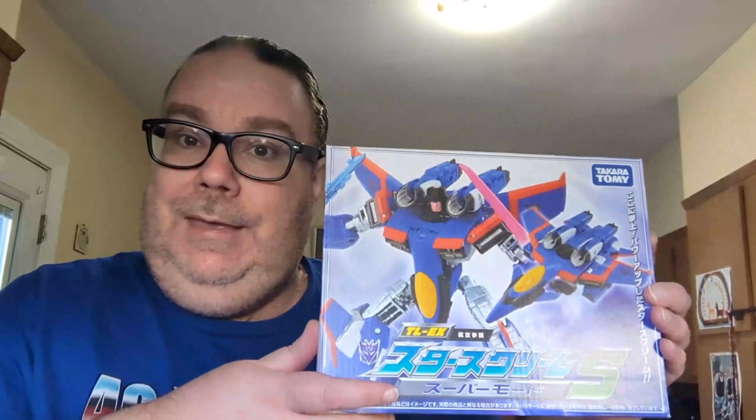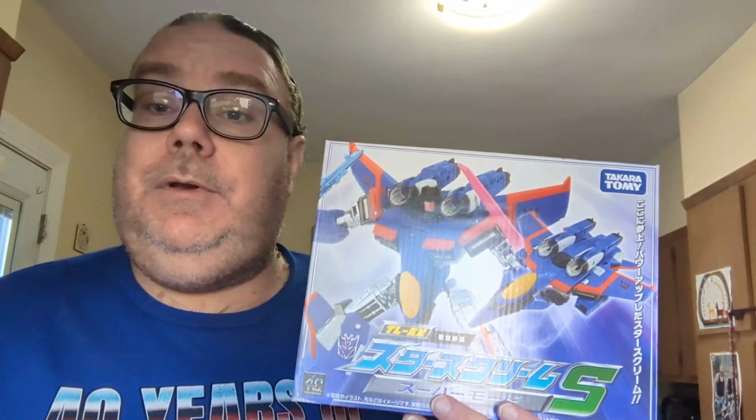One good thing is I was able to get in the mail from Big Bad Toy Store. Ta-da! Now I am calling this figure Transformers Legacy United Starscream Super Mode. Super Mode Starscream, but I think in Japan it's called Starscream Super Mode. Now, for many of you,